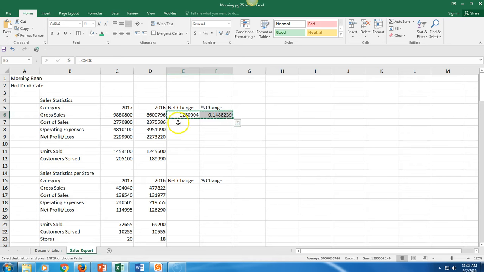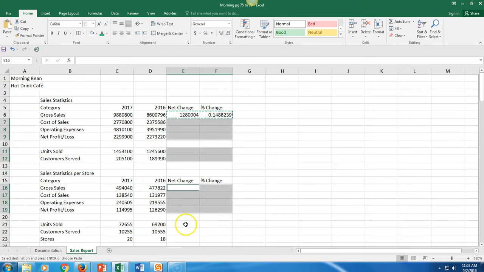Now we want E11, this is where your control key comes in, control E11 through F12. And then E16 to F19. So this is E16, remember to use that control key, to F19, and then E21